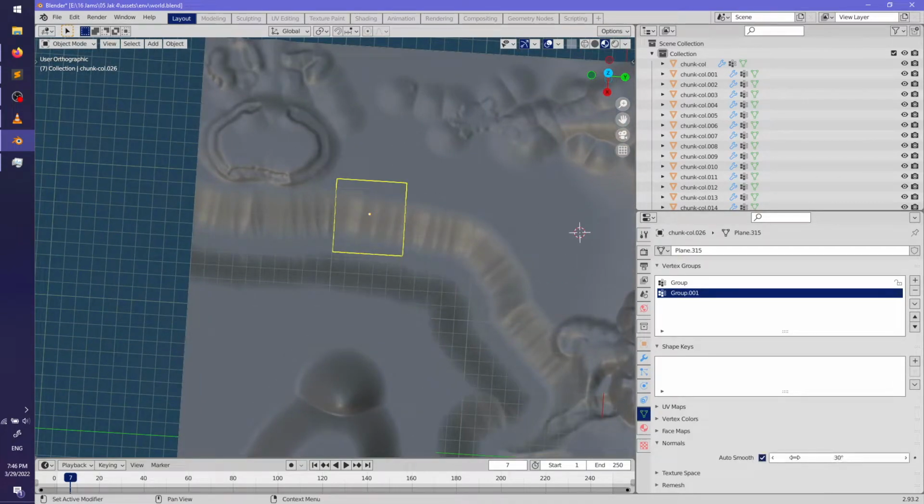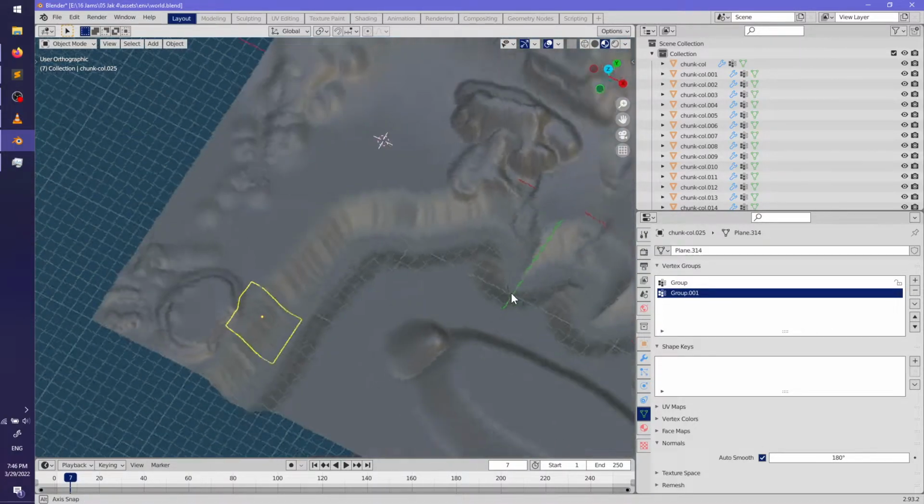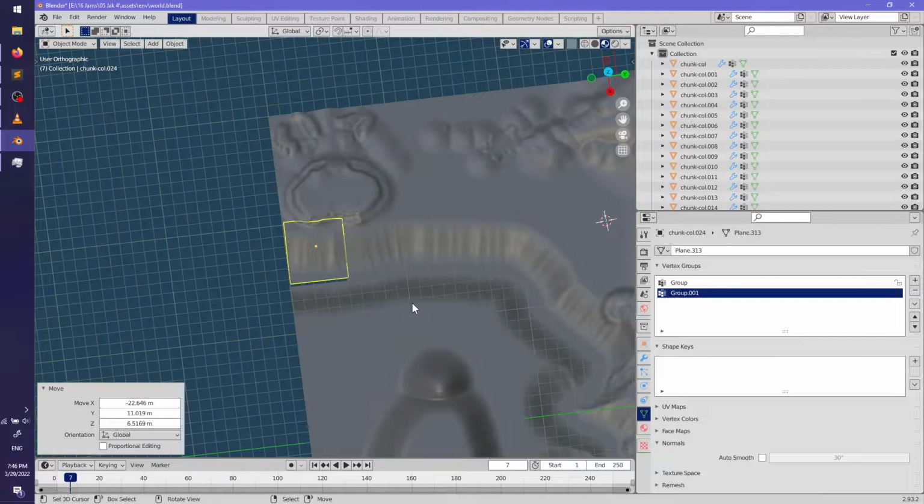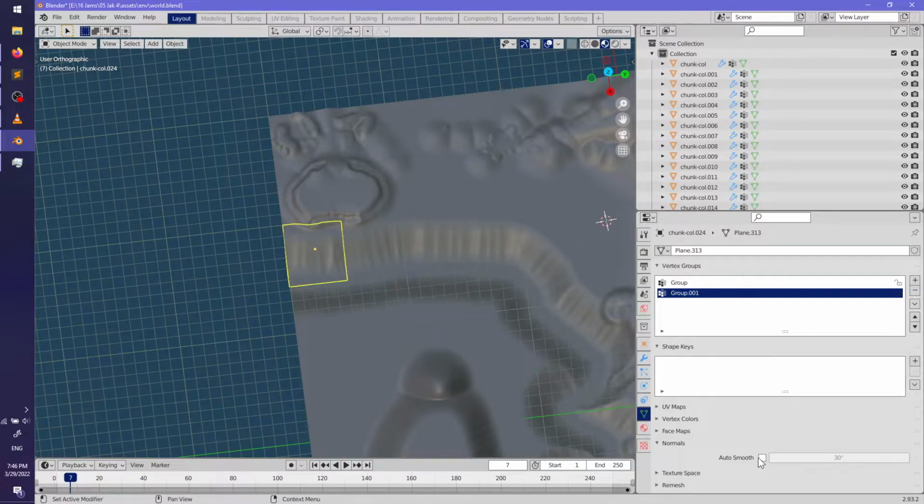I'm gonna die of old age before I set these all. And I am gonna complain forever, because I shouldn't even have to do this, because they're already smooth. Why do I have to set auto smooth as well for this to work? And I do have to set it. Yuck.